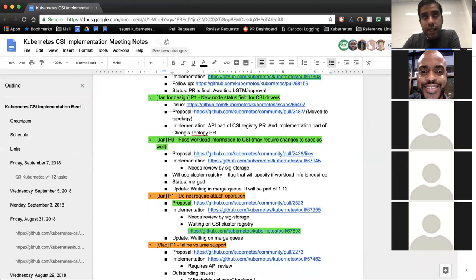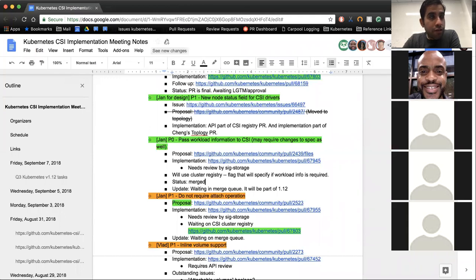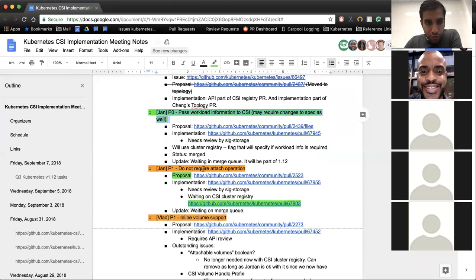So his idea is basically writing an empty dir using CSI. And if you have two different references to an empty dir in the same pod, there should be two different empty dirs. How does he differentiate between them? What I told him was that the path would be different for both of them, so he wouldn't actually need the volume ID. Just look at the path, and that'd be okay for him. So this is good. It helps with the local ephemeral volume use case.